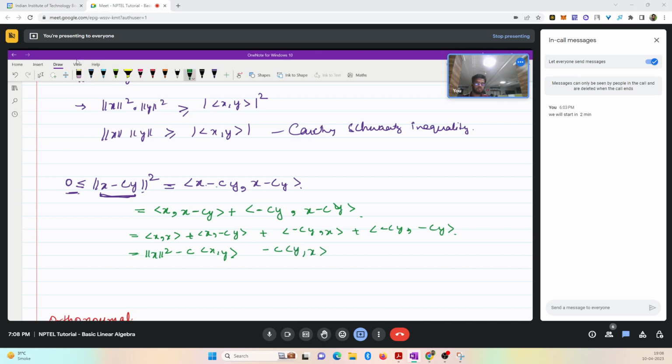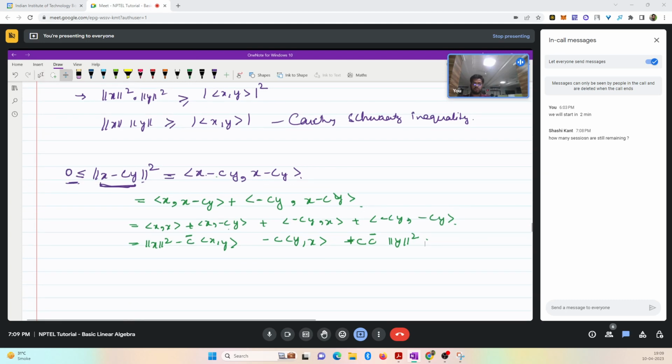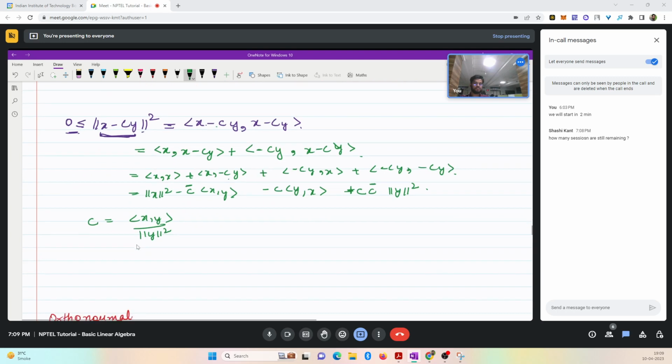y comma x. ठीक है, और दिस वन यहाँ पे एक कॉन्जुगेट भी आएगा बिकॉज वी आर टेकिंग c फ्रॉम द राइट वन, राइट। और यहाँ पे क्या आएगा, c कॉन्जुगेट माइनस माइनस हो जाएगा प्लस y comma y। ठीक है, और ये किसके इक्वल है, y comma y तुम्हारा इक्वल मॉड y स्क्वायर। ठीक है, अब एक स्टेप हो गया, वी हैव एक्सपेंडेड दिस थिंग। अब हम लोग दूसरा स्टेप करेंगे, c को लेंगे x comma y डिवाइड बाय नॉर्म y का स्क्वायर।